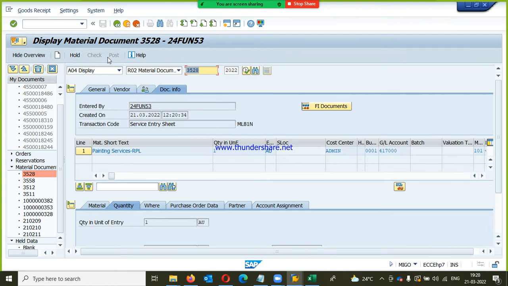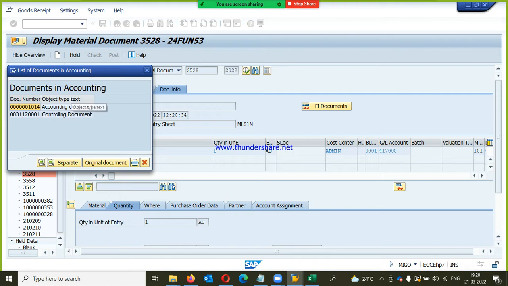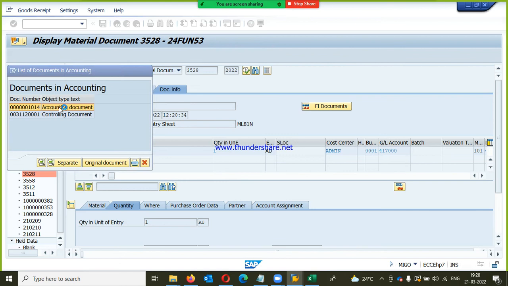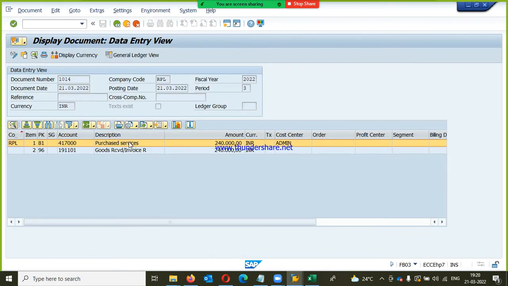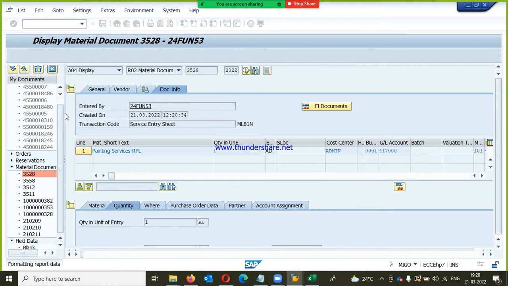And here go with document info, then go with finance document or FI document, click on that, and here you can see two documents like accounting document and controlling document. If you double click on accounting document, you will get output like this. This purchase services is worth 2,40,000. Then if you come back and double click on controlling data,